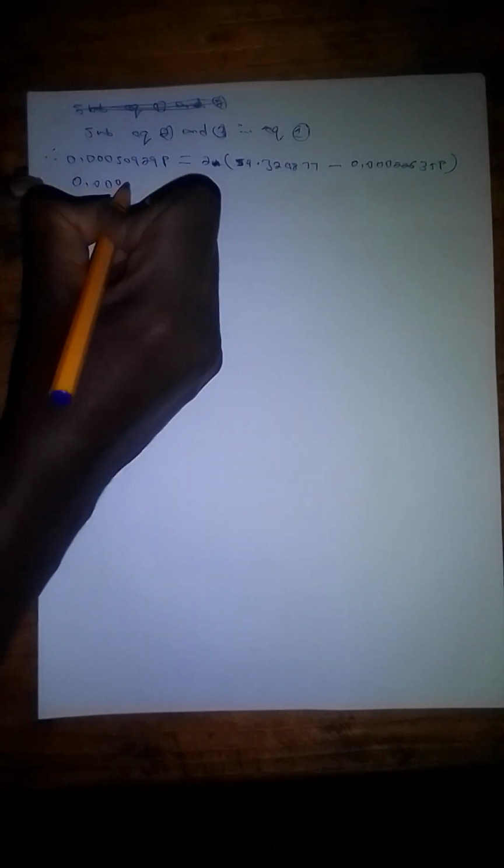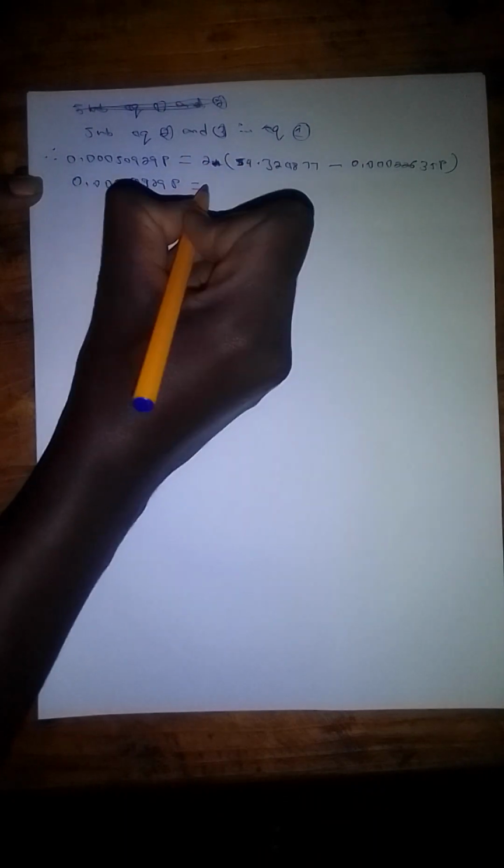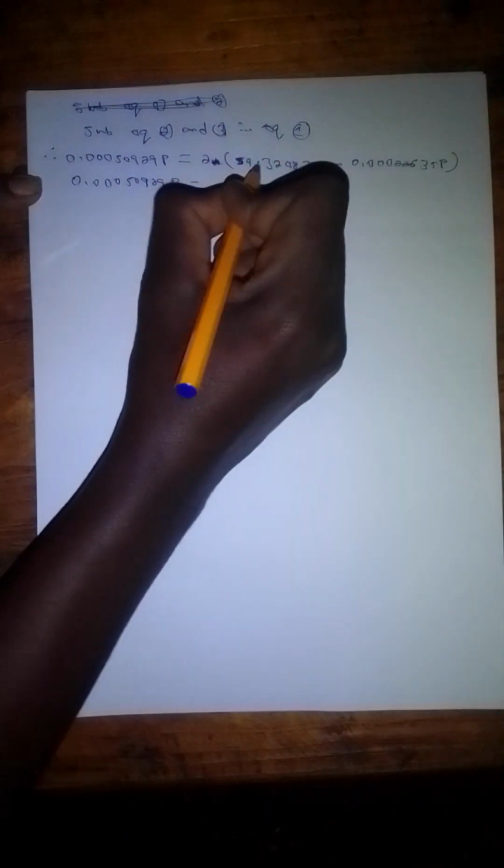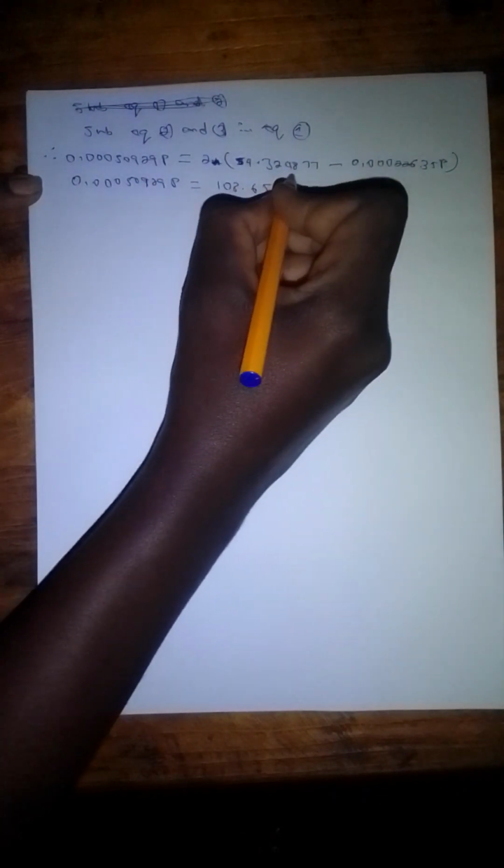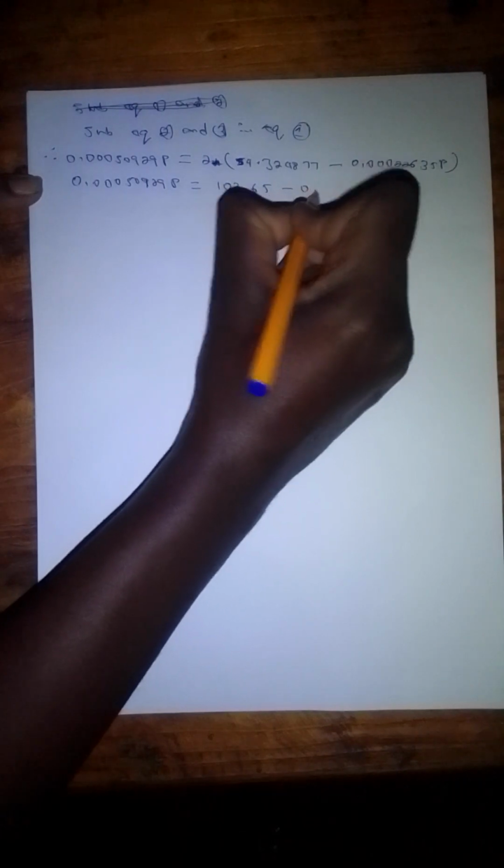So if you continue further with simplification, you're going to get 0.0050929P is equal to 108.65 minus